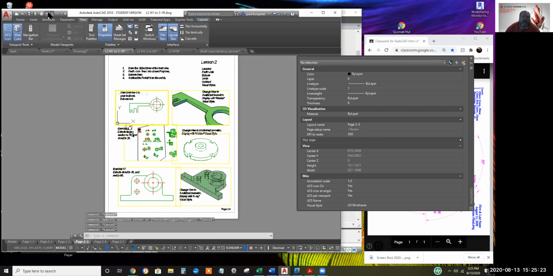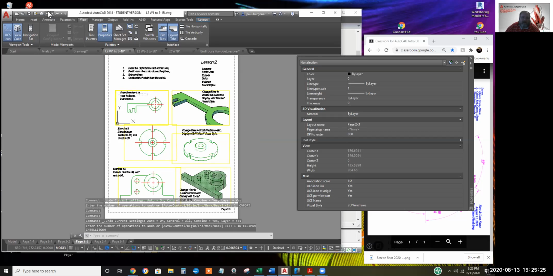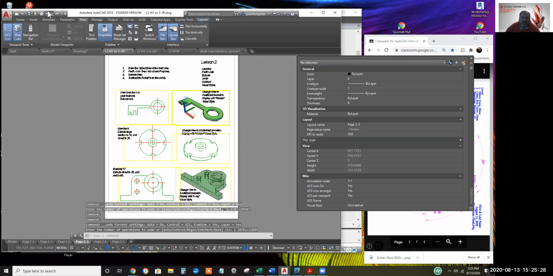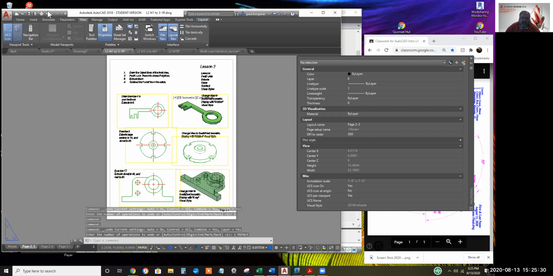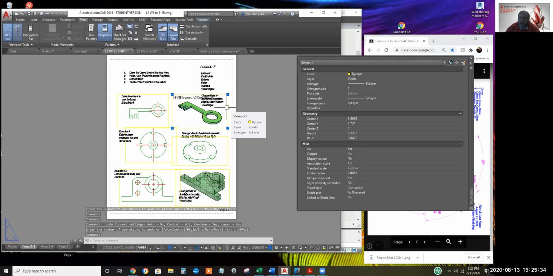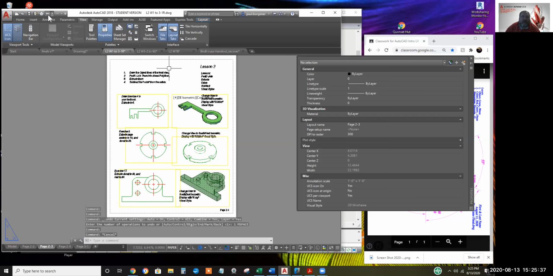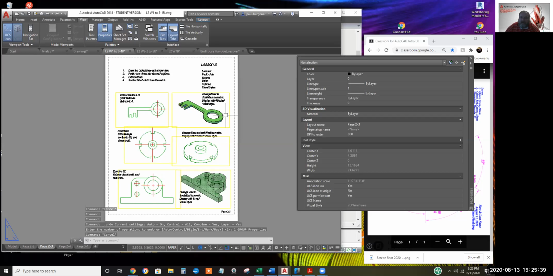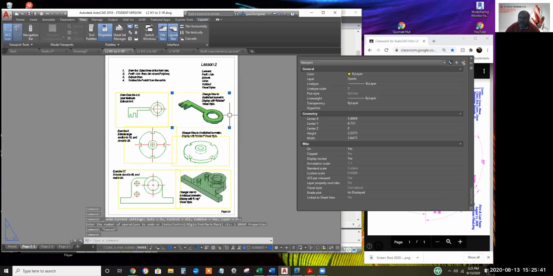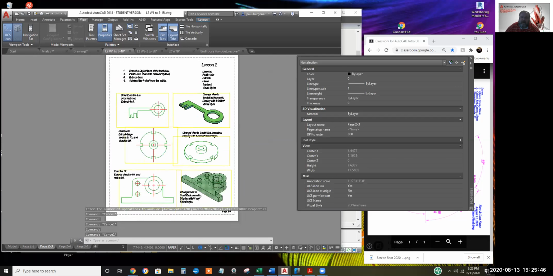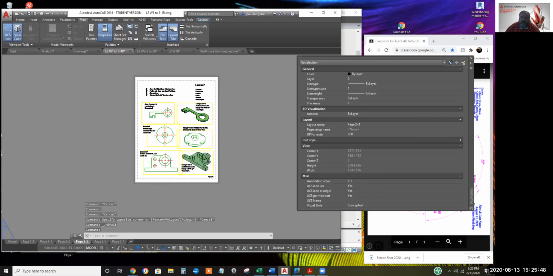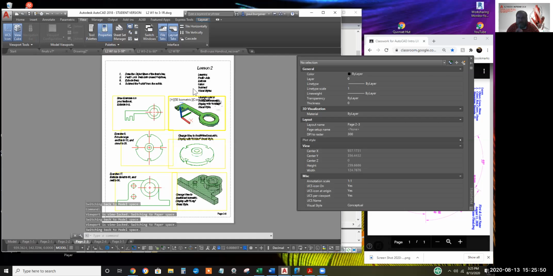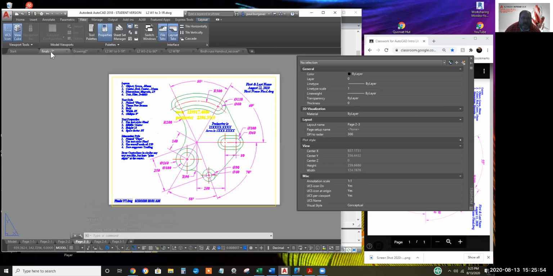Let me undo before I get things ruined. I think we're back where we were. Let's see, is this locked? No, it is not locked. So I'll undo another step. Now I believe all the viewports are locked, so I can't go into the viewport and stir up the view. Anyway, getting back to class,